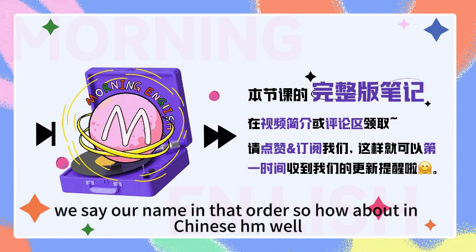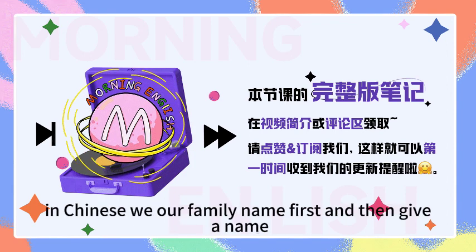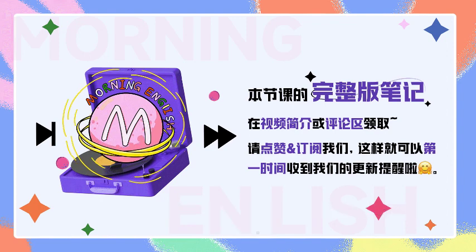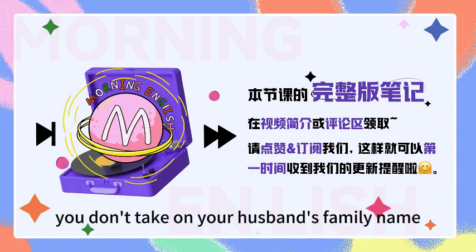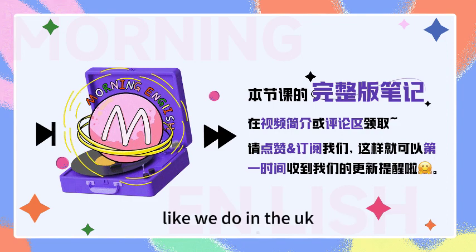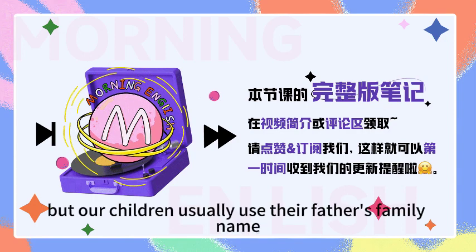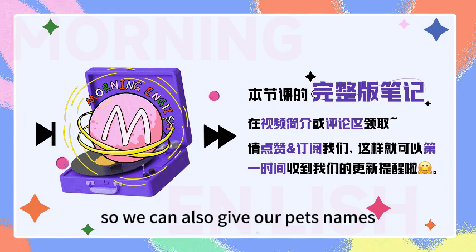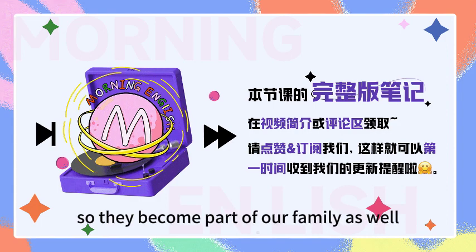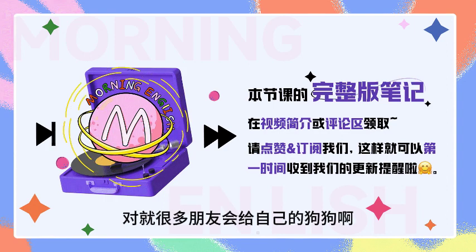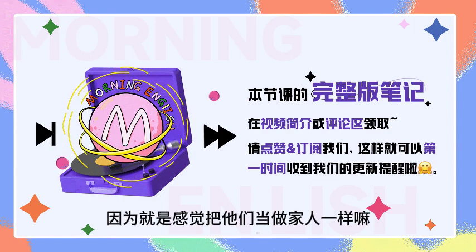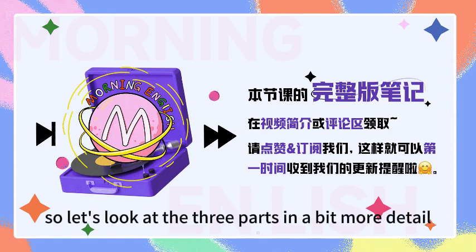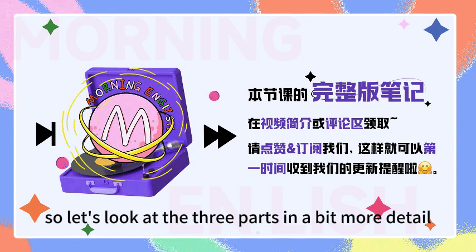Now, in English, we say our name in that order. So how about in Chinese? Well, in Chinese, we say our family name first and then given name. Okay. And I also believe that when you get married in China, you don't take on your husband's family name like we do in the UK. Yeah, right, we don't. But our children usually use their father's family name. Okay. So we can also give our pets names so they become part of our family as well. 对，就很多朋友会给自己的狗狗啊或者猫啊，就是给自己的宠物取名字，因为就是感觉把它们当作家人一样嘛。